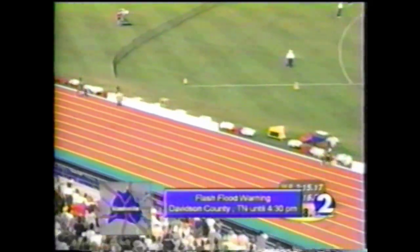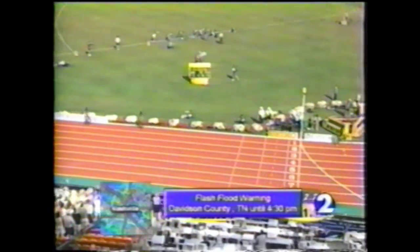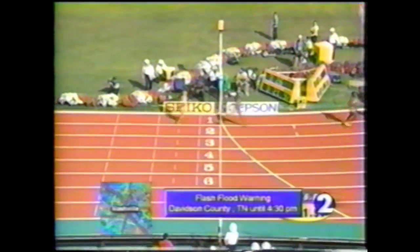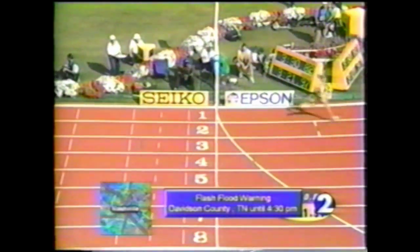Suzanne Reed of the U.S. is going to come down to the line first. The U.S. will win this heat. Jamaica with Sandy Richards coming across second, but then it's Canada with LaDonna Antoine crossing the line third. And everyone on their feet here in Commonwealth Stadium. Well, that was a very...